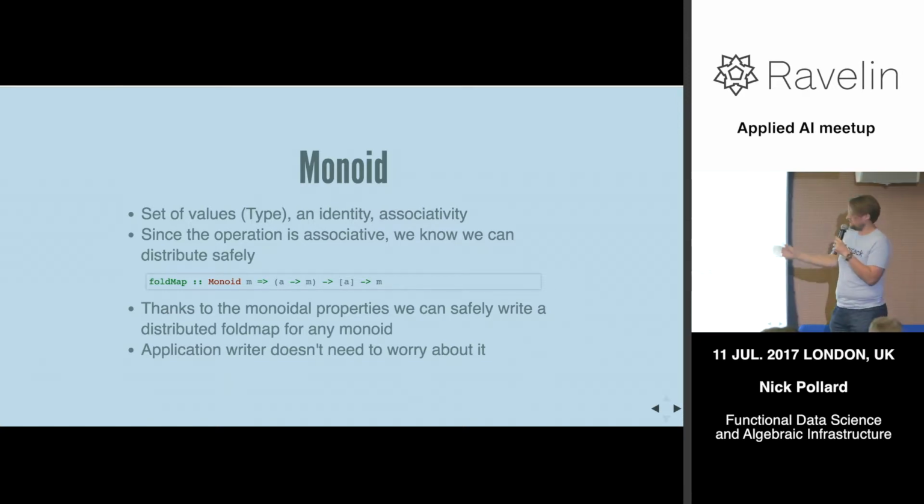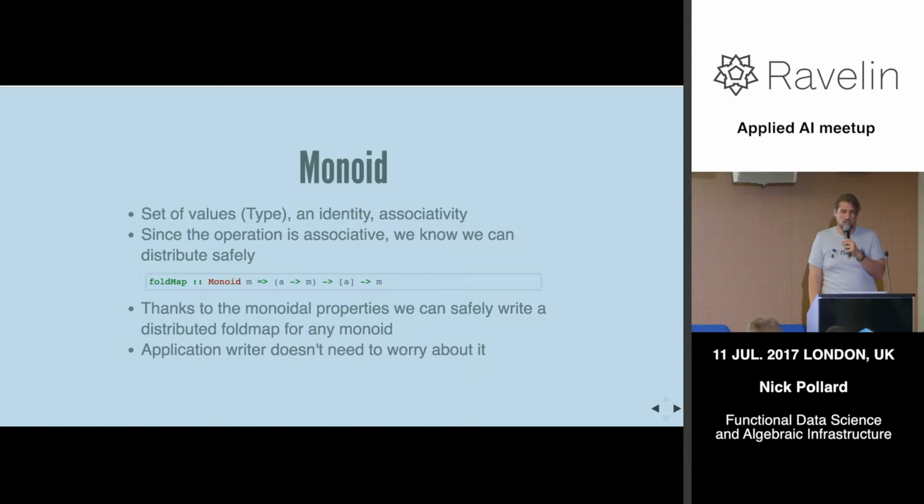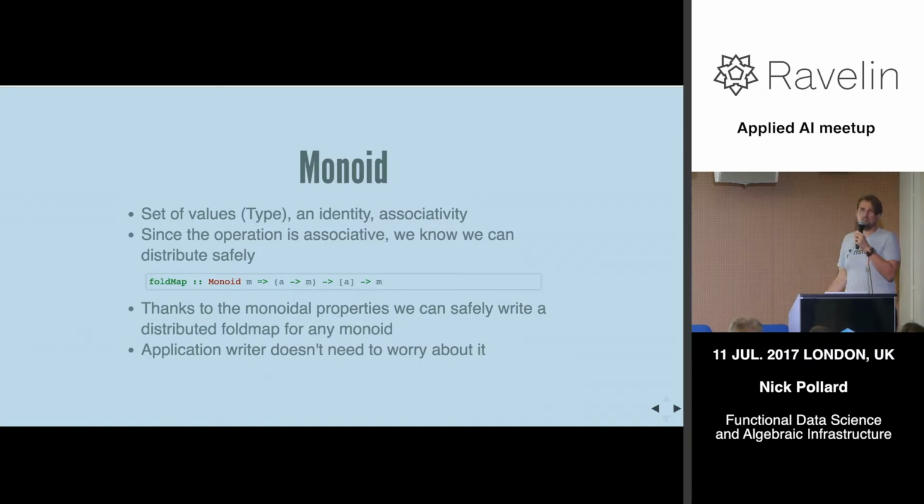Now, because this property is enforced by that function, we can write a distributed version of it. A library writer, an engineer, can go and do that once. And any time that you need to calculate something in parallel and collate the results in parallel, this is safe to do. You don't need to worry about that. And this is one of the really powerful things about the abstractions enabled by functional programming: to do this kind of thing once and reuse it.